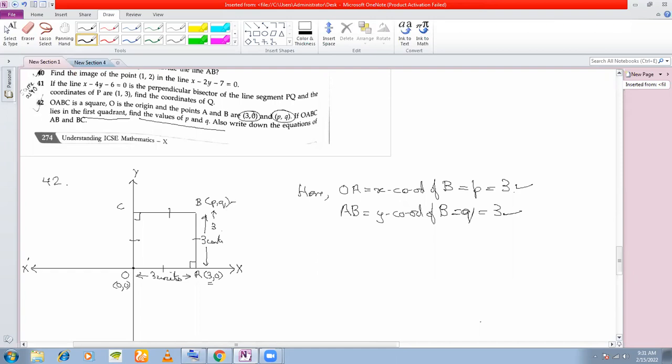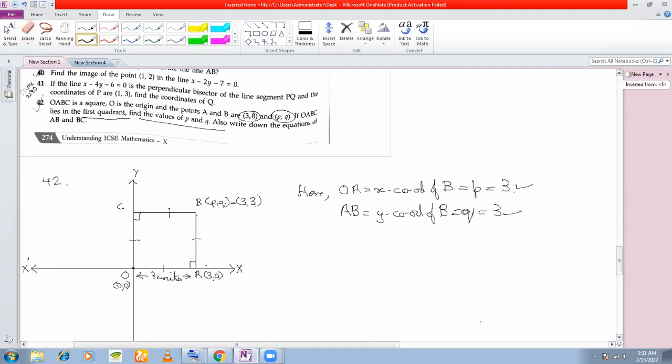Okay, so let's write it down here so that we are ready with this information, because we have a second part to this question also. Next question is, also write down the equations of AB and BC. Now, what should be the equation of AB? This is a straightforward question. You know 2 points on this line, right? You can use the 2-point form. Otherwise, the better way is